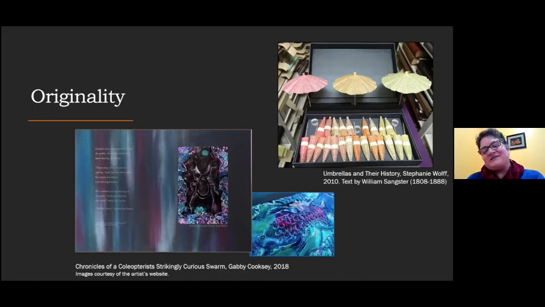And one of my all-time favorites, and I did not actually acquire this, it was here when I came, is Umbrellas and Their History. I love these umbrellas. So the entire text of William Sangster's Umbrellas and Their History has been printed by Stephanie Wolf on these little sort of cocktail umbrellas, including the colophon, which was quite a conundrum when I first opened it. I was like, "Where's the colophon?" And I had to look through some umbrellas until I figured it out. And it comes with these little stands so that you can put them all up. It's really charming.